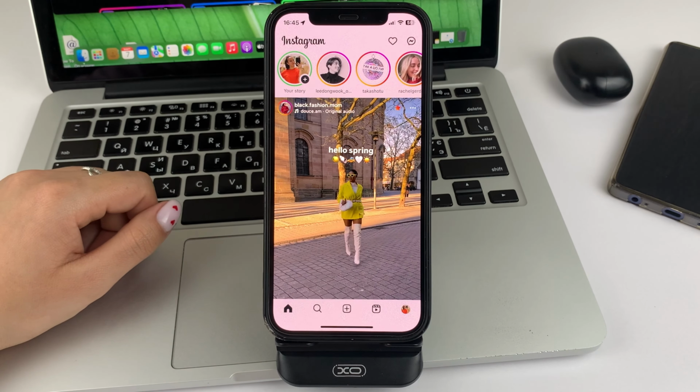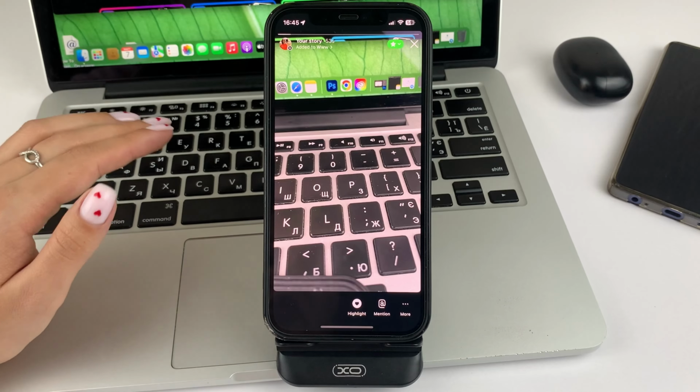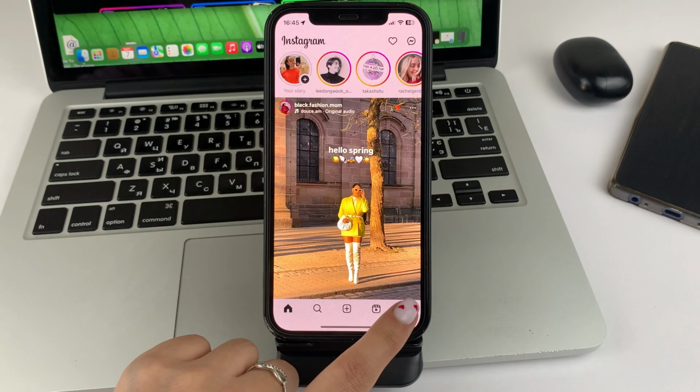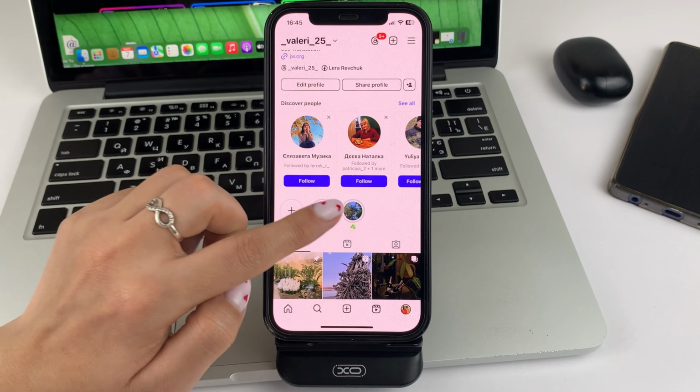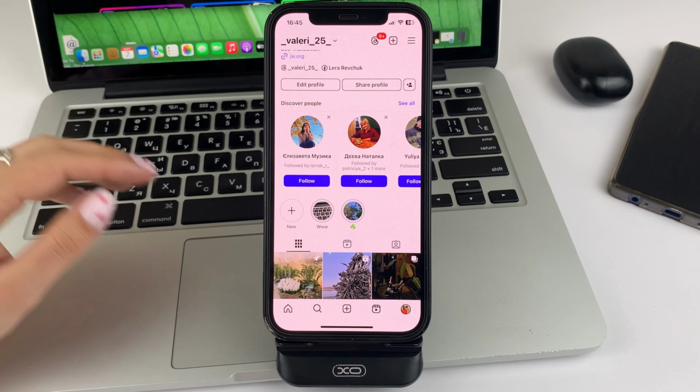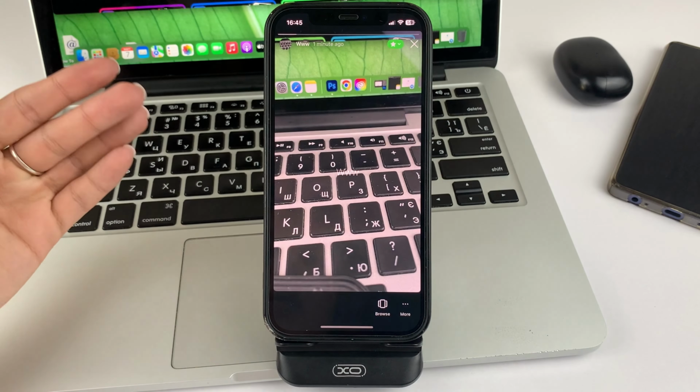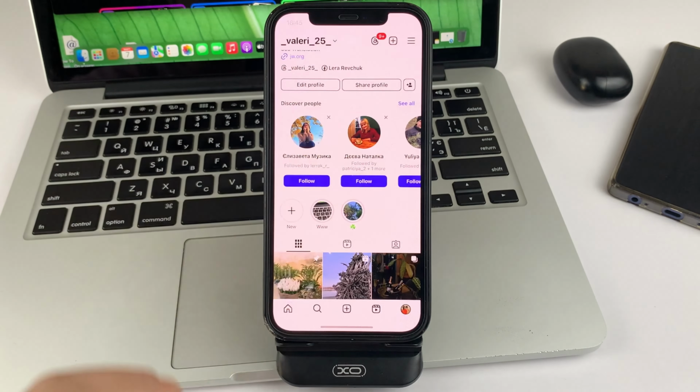Then wait for your story to post and fully load. When it loads, you'll be able to see that on your account it's either added to the highlights that you already have, or to the new highlights on your page. That's the very simple method you can add highlights to Instagram without posting a story.